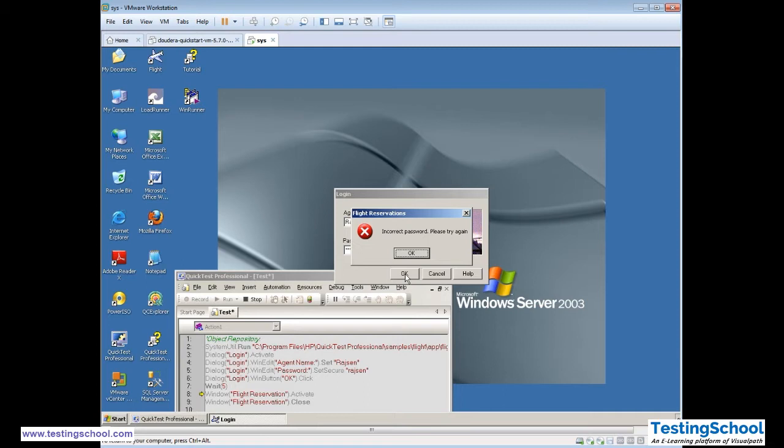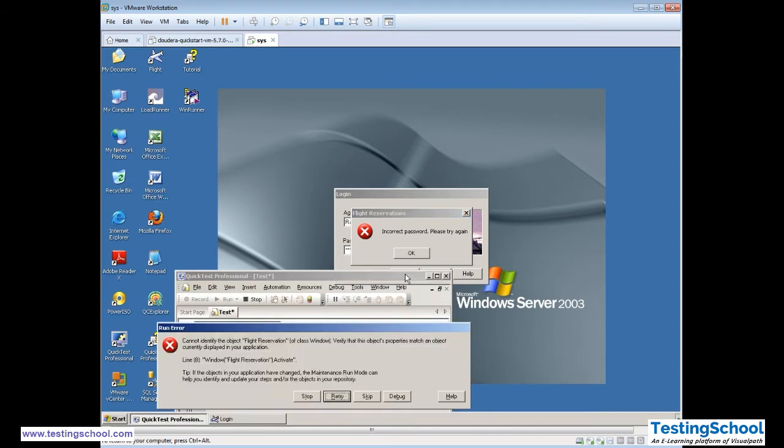It will wait for 20 seconds for the flight reservation to be activated, because we know that in the settings section we have declared QTP will take 20 seconds to identify an object. After that only it will throw the error, cannot identify object in the flight reservation, verify that object property matches an object currently displayed in the application. It is straightforwardly saying that there is no matching property available in the object.